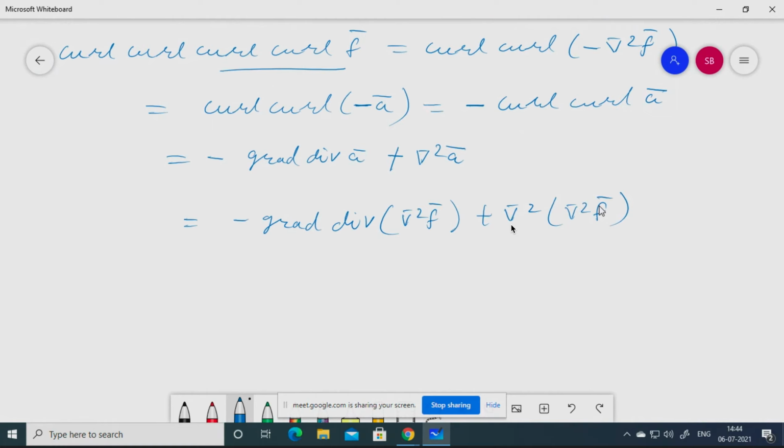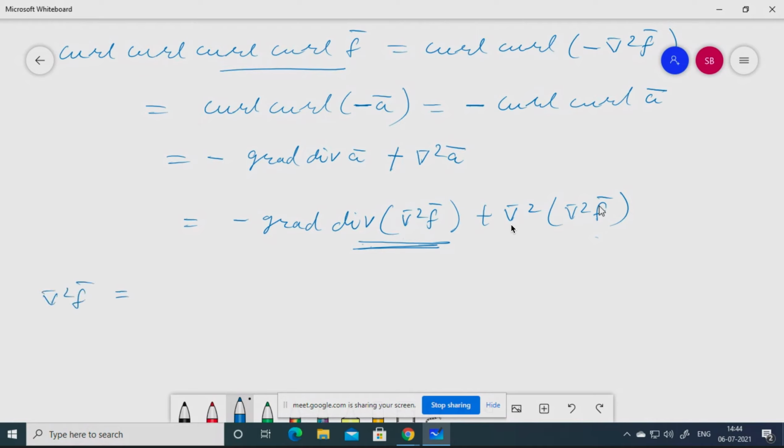Okay. Now what do I need to calculate? Okay, this it's okay. Now I need to calculate the value of this one. First I need to get divergence of del square f bar. Then only I can calculate the remaining things. Okay? Yes, ma'am. So first, what is del square f bar?